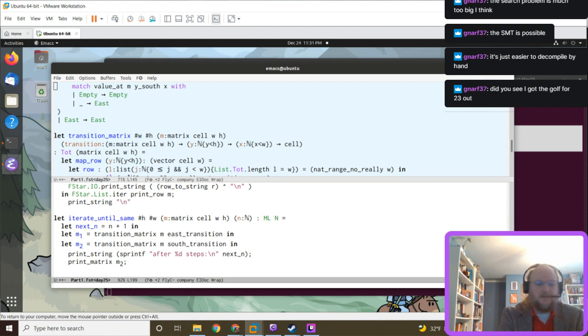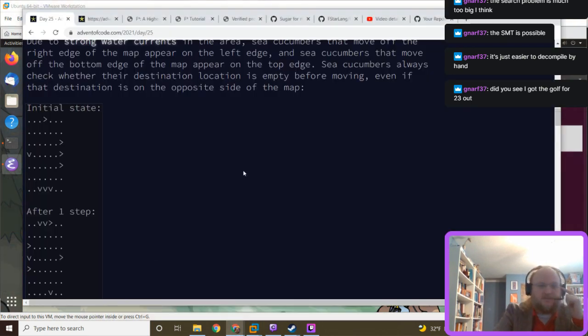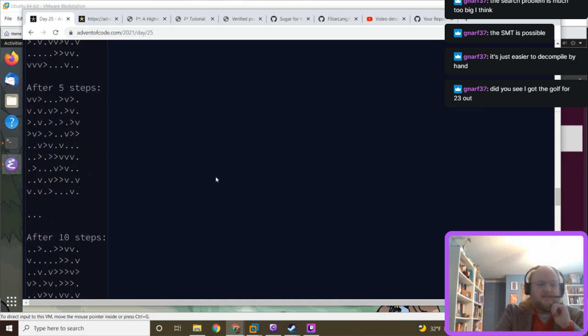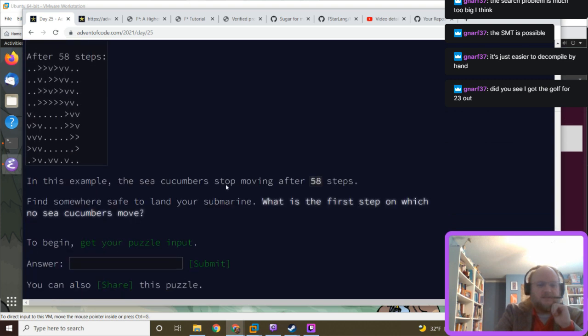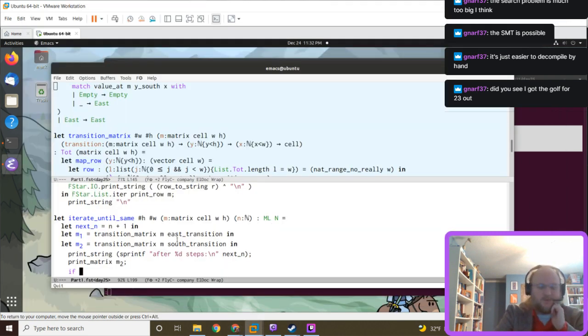So if, all right, let's be careful we don't introduce an off by one. What is the first step on which no cucumbers move? So if M2 is equal to M, then that's this step, not the previous step. That is when we reached our final configuration, but we want the first step in which they don't move.